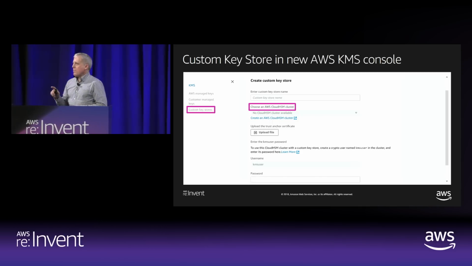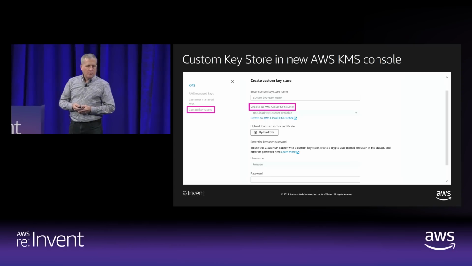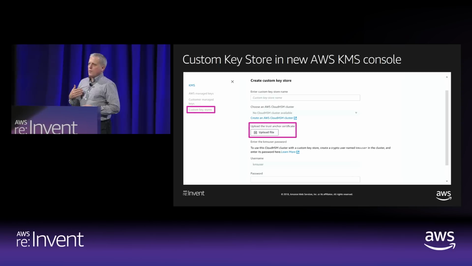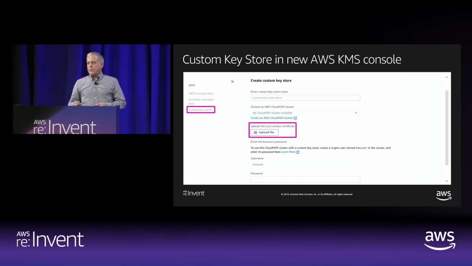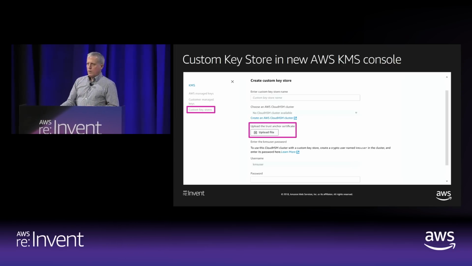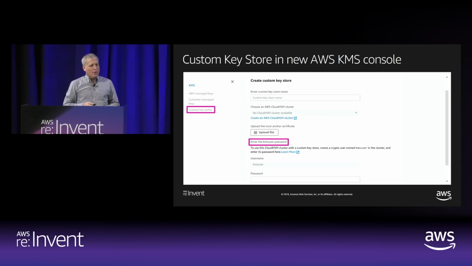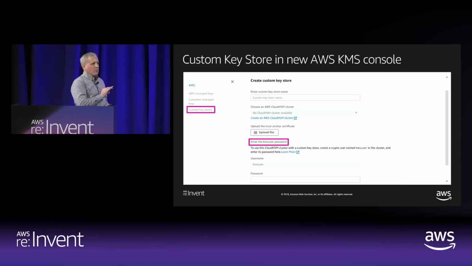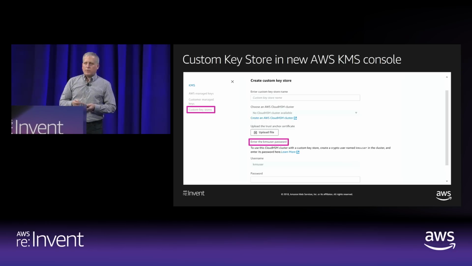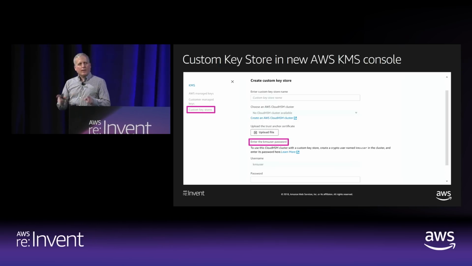And you can certainly read more about how easy that has become over the past 18 months as we've introduced enhancements in Cloud HSM. And then you are going to give to KMS the proper certificate that proves that it is connecting to the right cluster. So this is a cryptographic identity that KMS will use to ensure that the cluster ID that you selected is in fact the correct one. So this is the belt and suspenders approach. Then finally, you will have needed to have created a cryptographic user inside your cluster called KMS user.